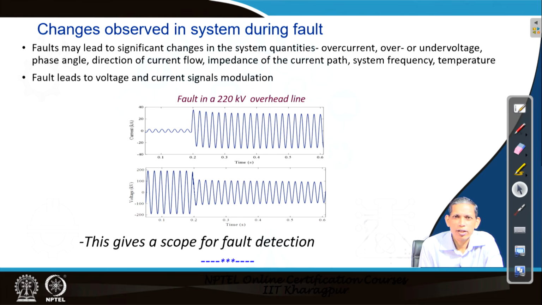So, in the next class we will see the mitigation strategy to faults, which is the protection scheme. What are the different basic elements in a protection scheme, and what are the fundamental features such a protection scheme should have for successful mitigation of any fault.